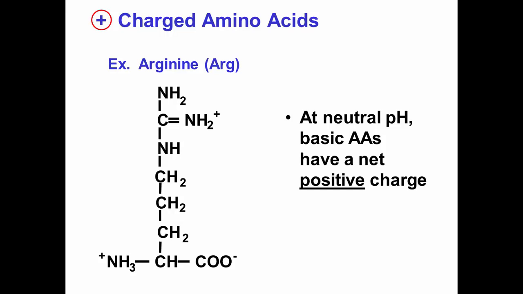12.5 is well above that, so we're never going to see arginine without that positive charge, unless you would be dead. We're never going to see it in the body. You can do it in the lab, but you're not going to do it in the body. So lysine is another basic one. I showed you that picture in an earlier slide, and then histidine is also one that will for the most part maintain positive charge.